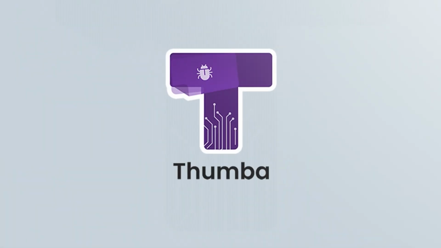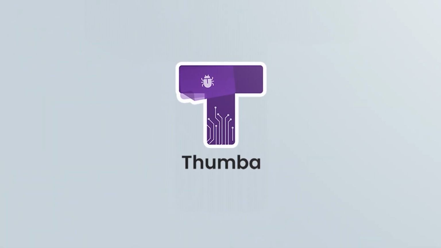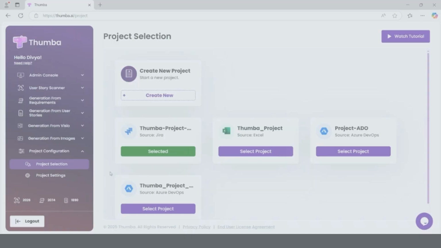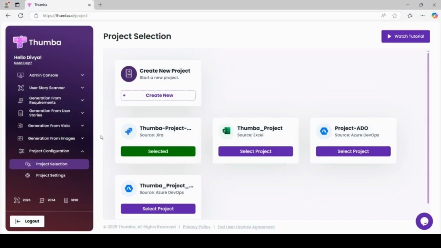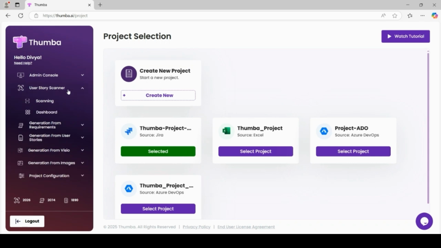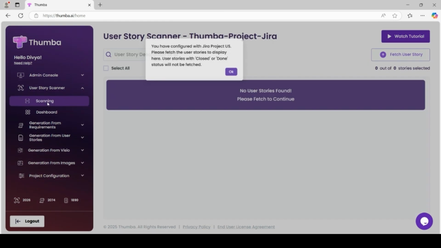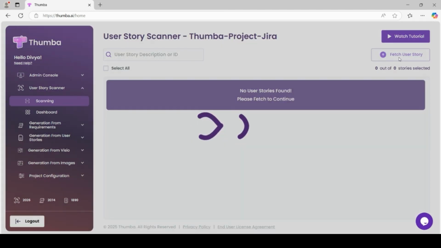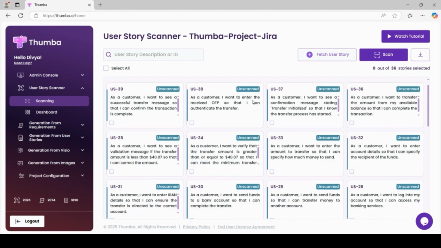In this tutorial, we'll understand how to scan your user stories linked with Jira, Azure DevOps, or Excel in the application. Let's get started. Let's go to User Stories Scanner from the navigation bar and select Scanning as the option. On selecting Fetch User Stories, it would take a moment or two to fetch a pre-configured number of user stories from